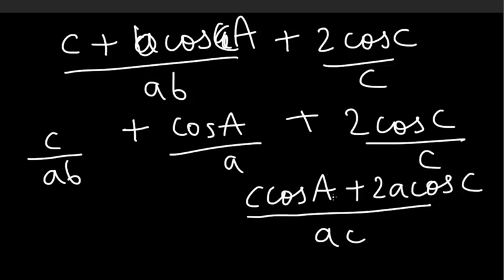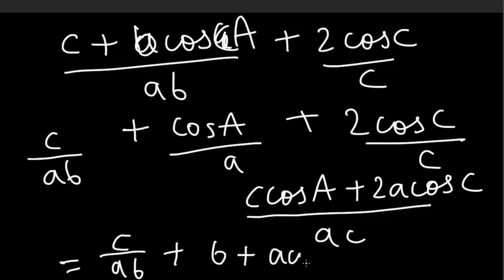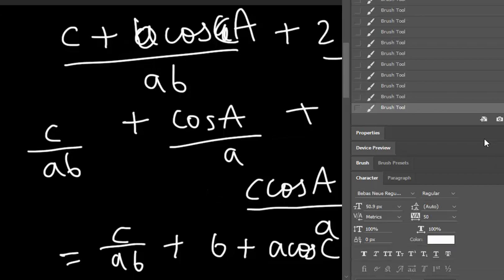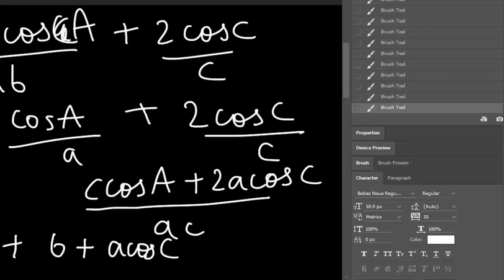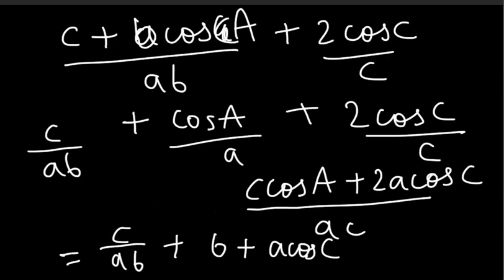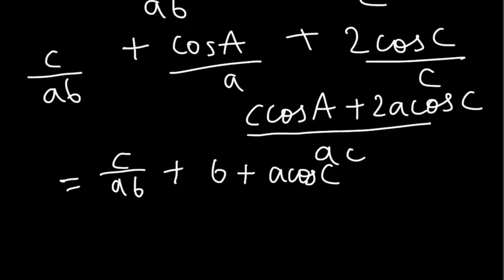And again you will notice that we can apply the projection formula for b here, so this will become, and obviously we still have the c upon ab term, so c upon ab plus b plus a cosine c, and I'll need to scroll down a little bit. Just bear with me 1 second. Yeah, b plus a cosine c divided by ac,